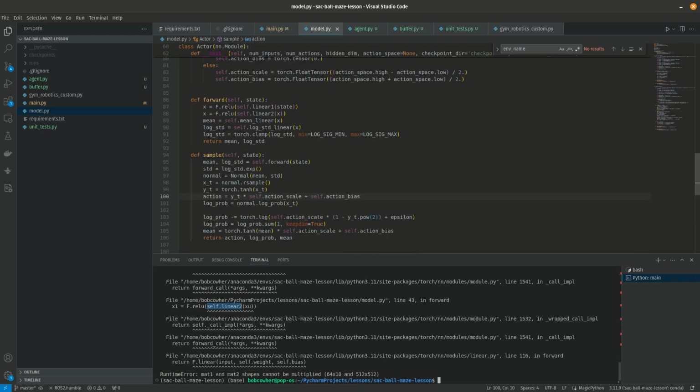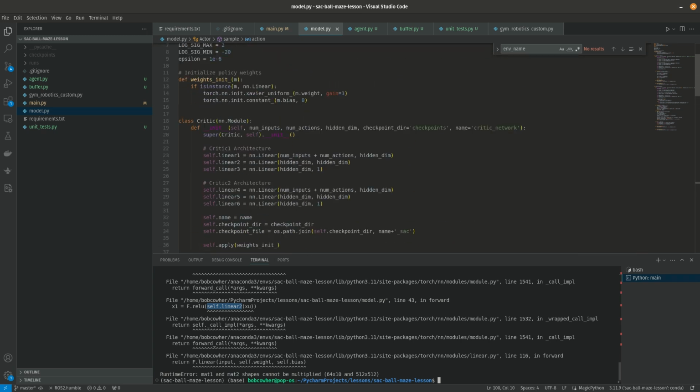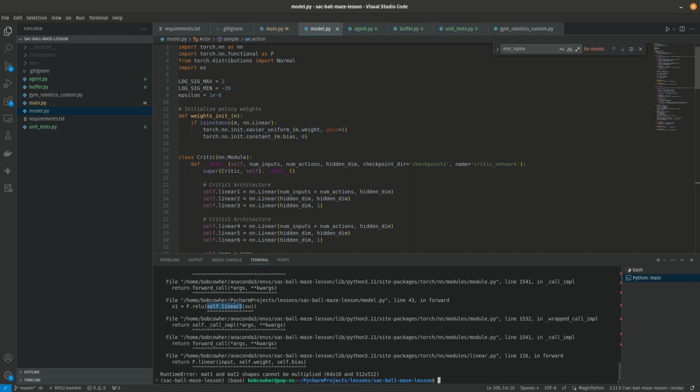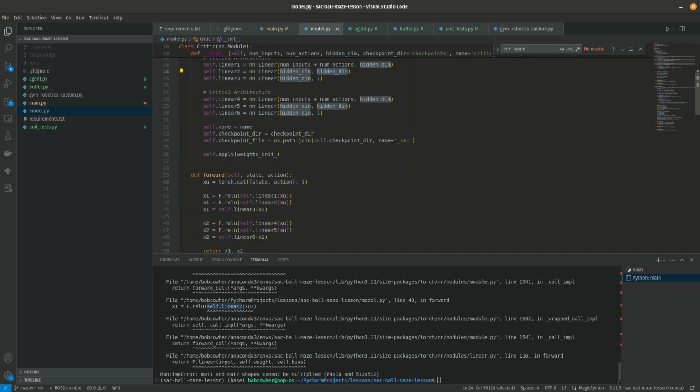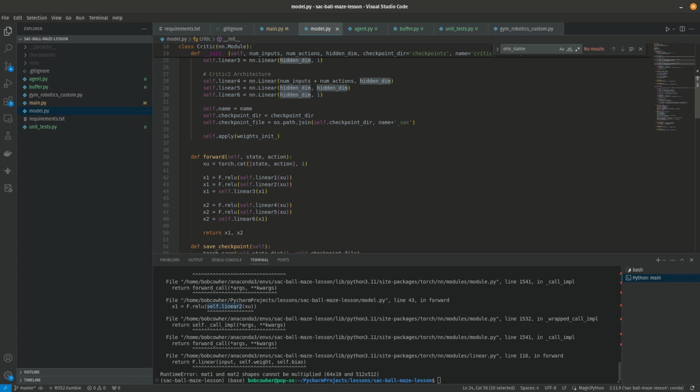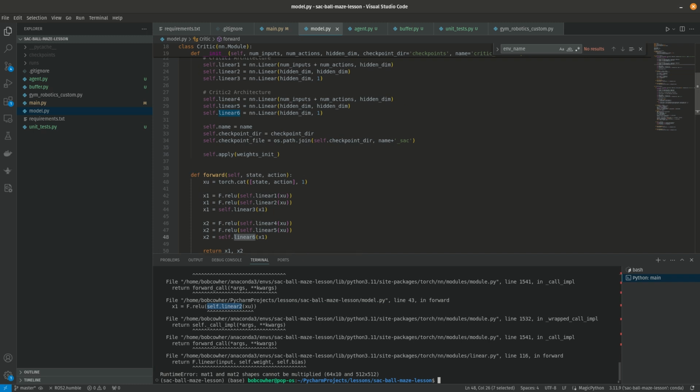So if we go look at our linear 2, that looks like it should be okay. That looks like it should be fine. So let's go see in forward, did we call linear 2? Okay, so there's linear 1, there's linear 2, linear 3. All of that looks exactly as it should. All of that looks fine. So this is specifically